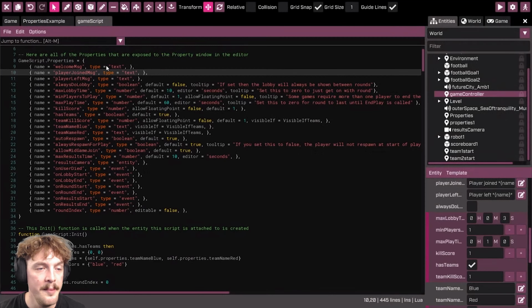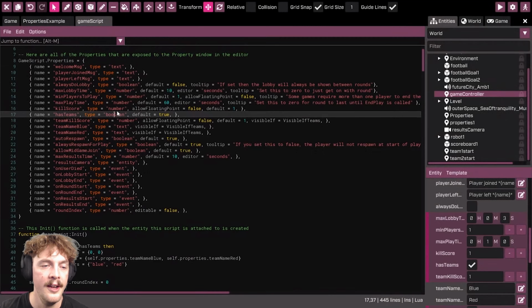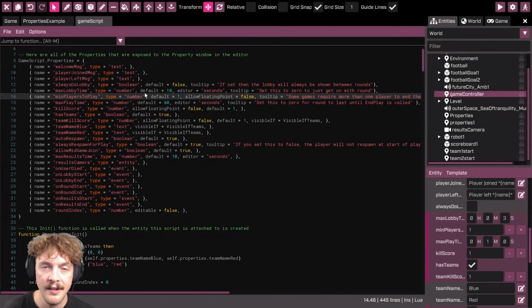So we have a name. We also will always set the type of the property, and there are several different primitive types we can use: Boolean, number, and string, which are our basic types of data that most other types of data are essentially down to. We also have specific types of data that are relevant to only Creator.